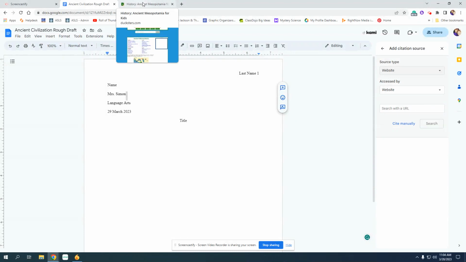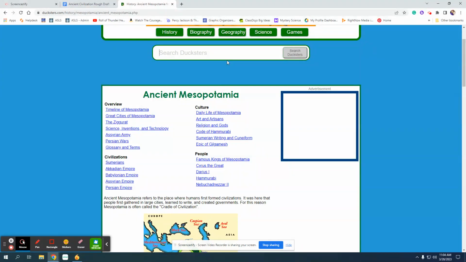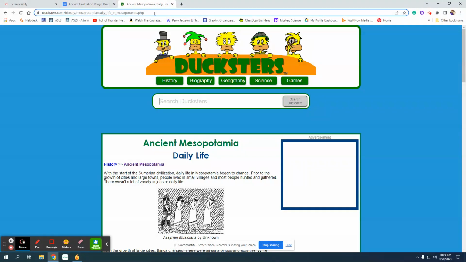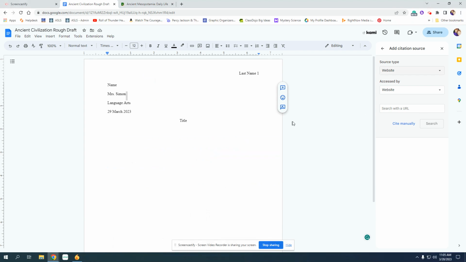So let's say I'm using Ducksters, and let's say I am researching ancient Mesopotamia. So if I'm on the ancient Mesopotamia spot in Ducksters, I'm looking at all of my choices. If I use the daily life of Mesopotamia, I'm going to go to that actual page. Once I'm on that page, I'm going to copy that URL by selecting it and doing copy, Control C. Then I go back into the rough draft document and I paste the URL for that site right there. And that's Control V. Then I hit search,